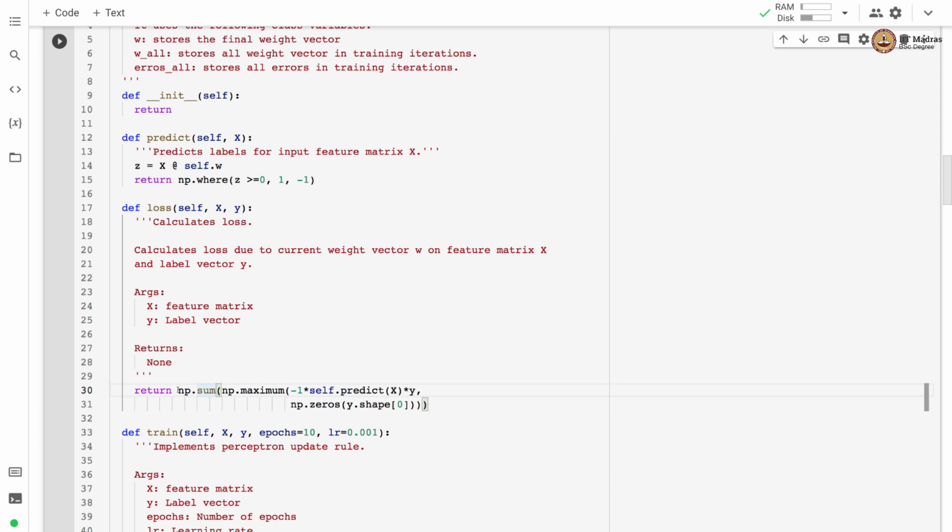As we have seen earlier, the loss at each training point is max of 0 and -1 times the predicted value times the actual value, and we sum across all the examples to get the value of the loss.